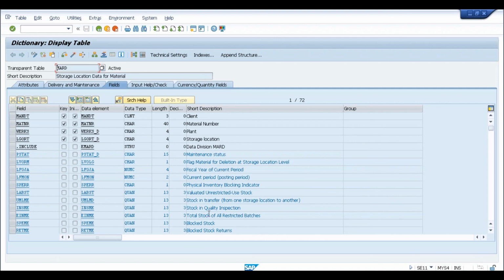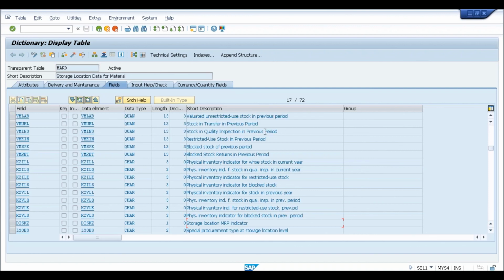But whatever value is stored in this field, whenever you execute this report for a particular material or plant combination, it will still show you the unrestricted quantity. It doesn't mean this quantity is stored there. It is not stored. It is calculated on the fly whenever you perform the execution. Yes, on the fly. Got it.